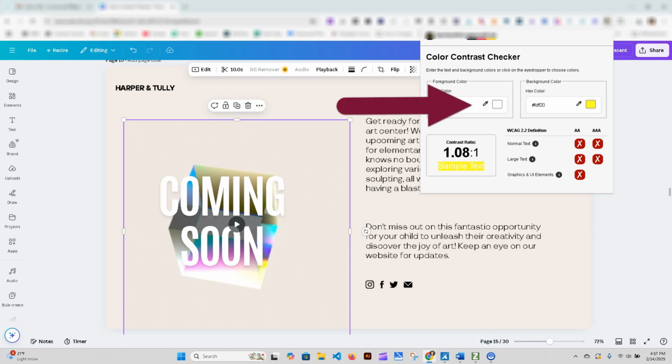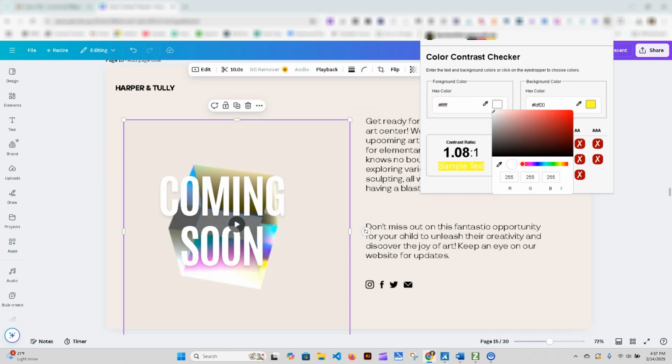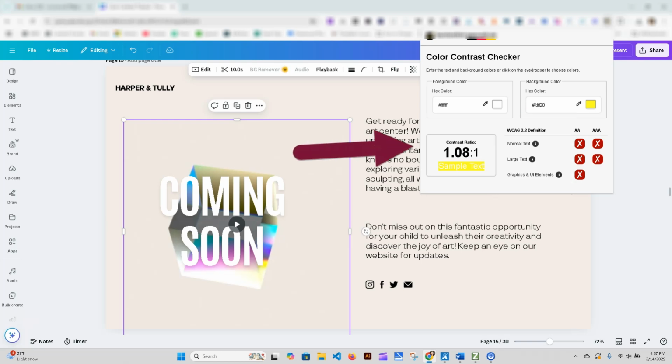You have your eyedropper tool. You have your color swatch that you can click into to adjust the color if you want to do that. So it shows that for both your foreground and your background colors. And then again, it will show you your contrast score, and it will tell you if you're passing for normal or large text to level AA and level AAA. And it will also tell you if your graphics are passing that too. And it gives you the sample of your font color over your background. So it works super similar to the other tool.